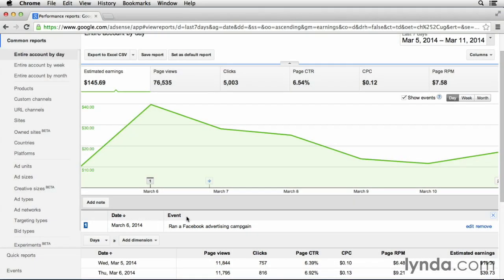So whenever I filter a specific time period up here in the top right that includes March 6th, this note is going to show up. So a year from now, when I take a look back at my Google AdSense analytics, I can say, oh wow, I had a spike in income on March 6th. Why was that? I can just take a look down at my notes and see that,